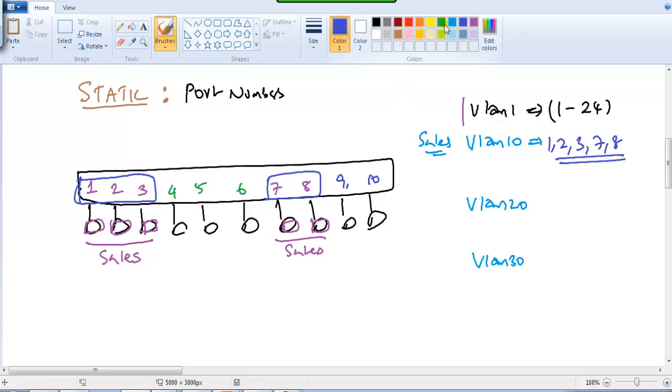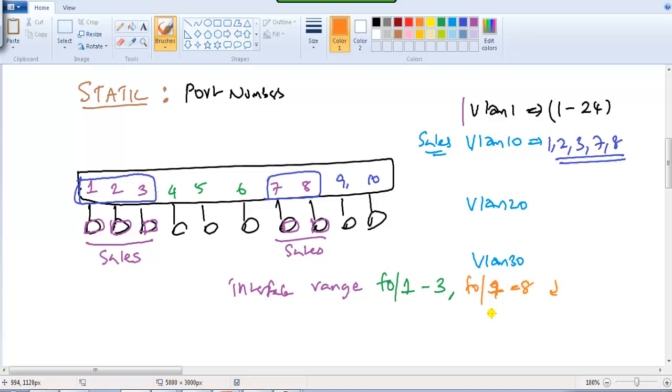Now to make this possible, we need to go to the command line. In config mode, we need to say interface range. We can either do individual ports, going to each and every port, but I prefer to use the range command, where we can define f0/1-3, which defines the continuation of the ports 1, 2, 3, and if there is no continuation, you can use a comma, and we can say f0/7